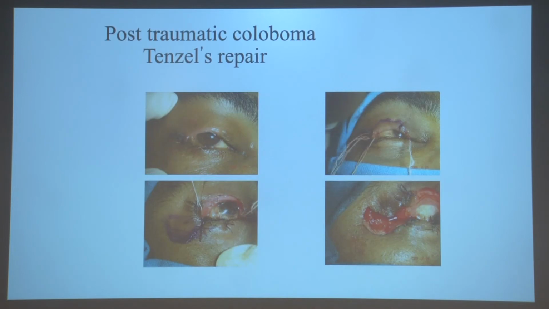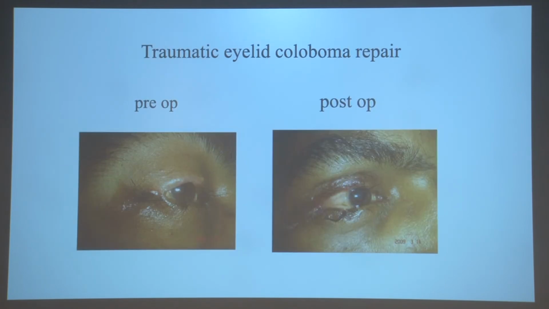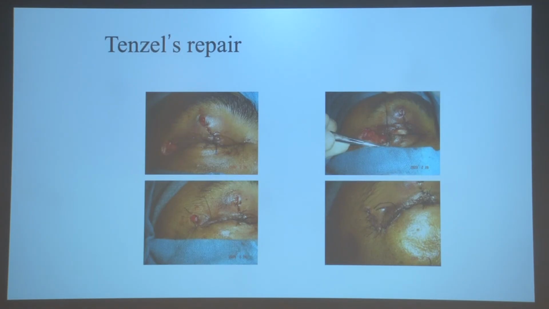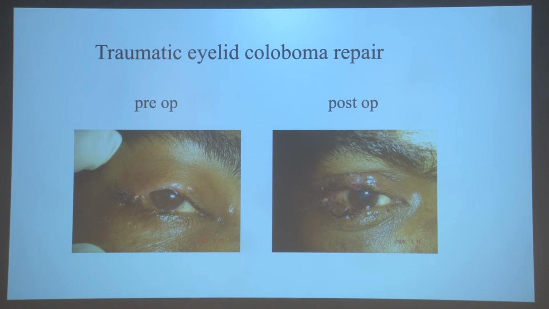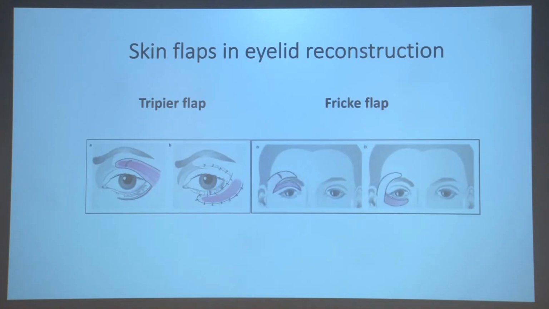So I'll summarize and hope that Sharon can spend some time on the rest of the things. I'll just briefly go over this. This was an example of Tenzel's repair with a canthal malposition, repaired and good reconstruction. Tripier flap you take from the upper lid skin like this, and the Fricke flap is